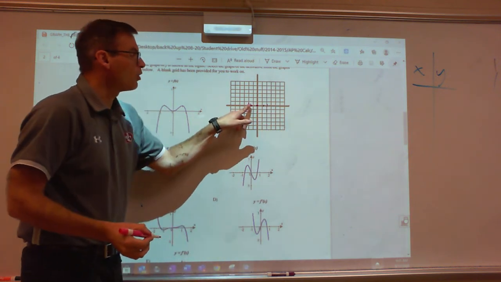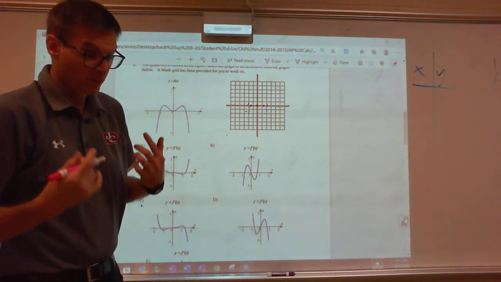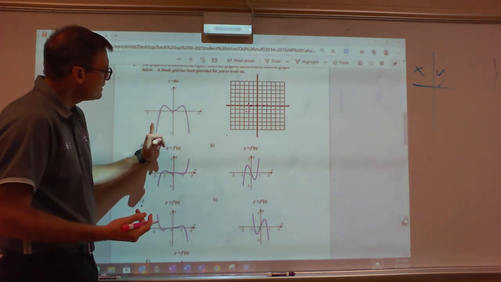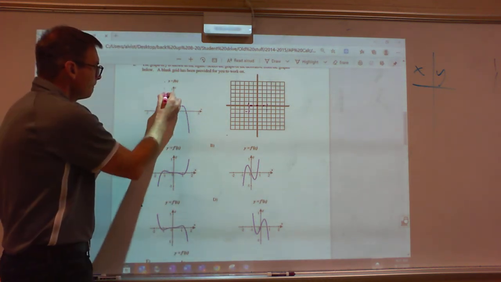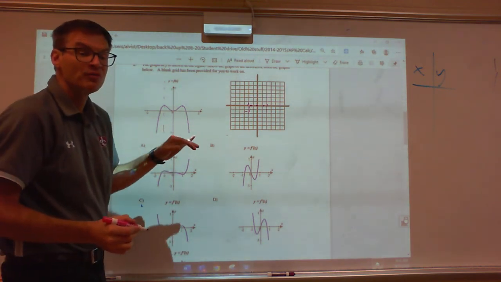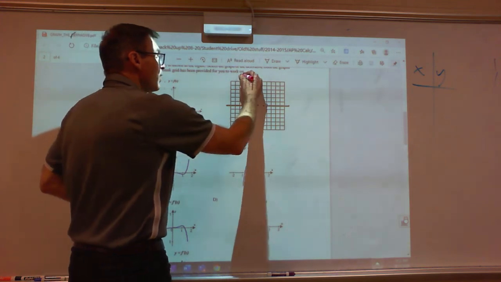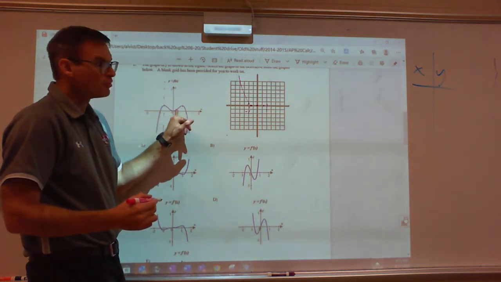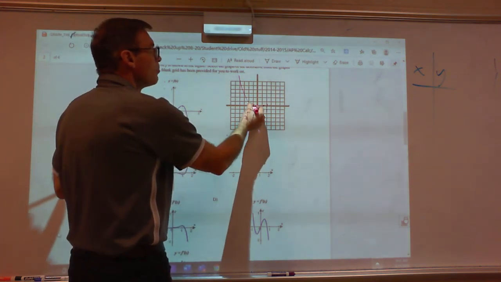So I know it's got to cross at those 3 spots. That's the first thing I look for. The next thing I look for is I see that from here to here, the function is increasing, meaning my derivative is on the top half. So I know that it's going to do this. I see that my function is decreasing from here to here, so I know it's got to be below the